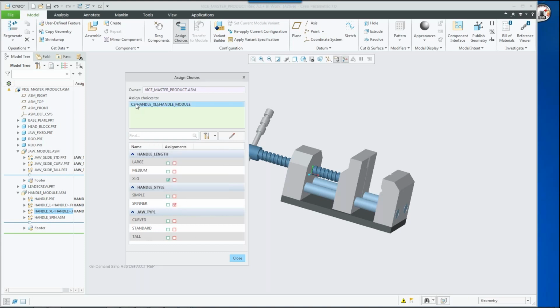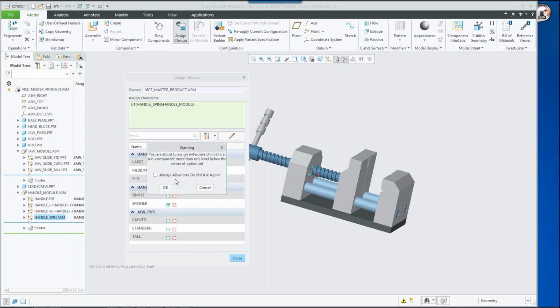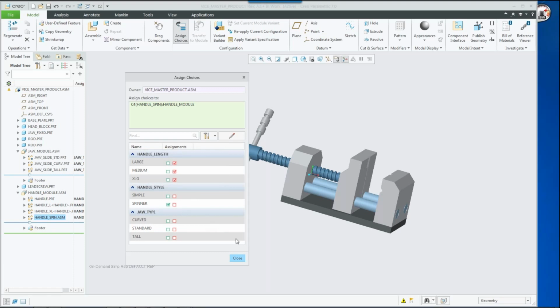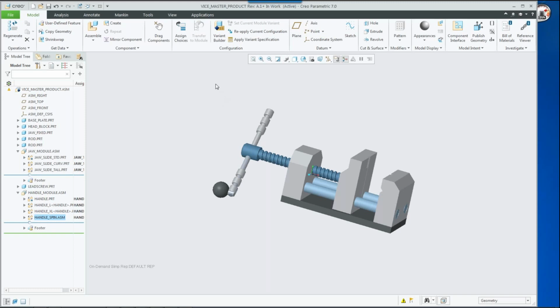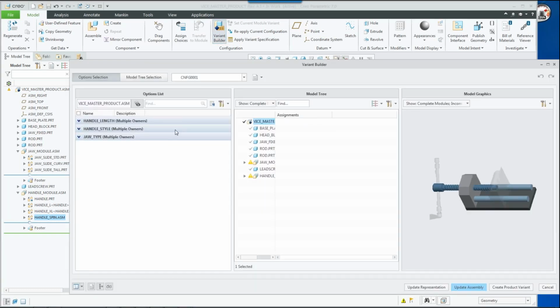And the last one is the handle with the spin and the knob, the subassembly. And this one, we're going to say this one is a spinner. And we're going to turn off all these guys. And that's basically it. So if I close this, and if I go to my variants, you're going to see